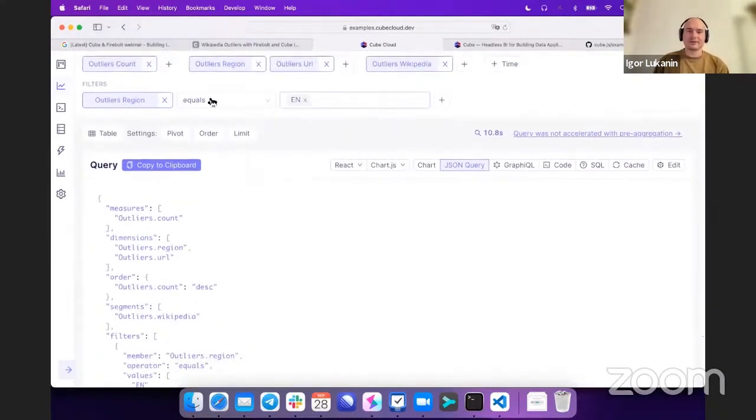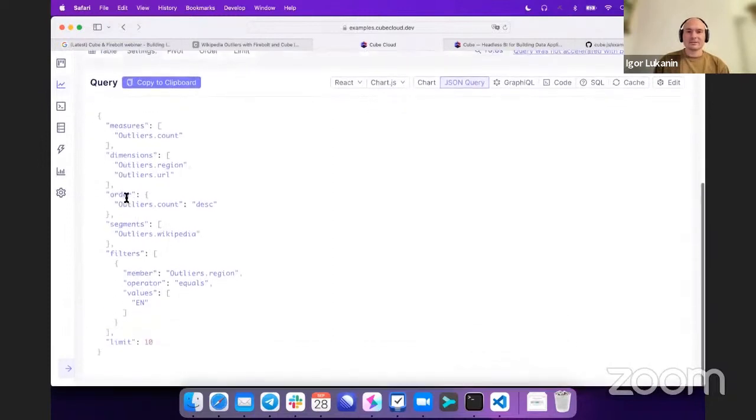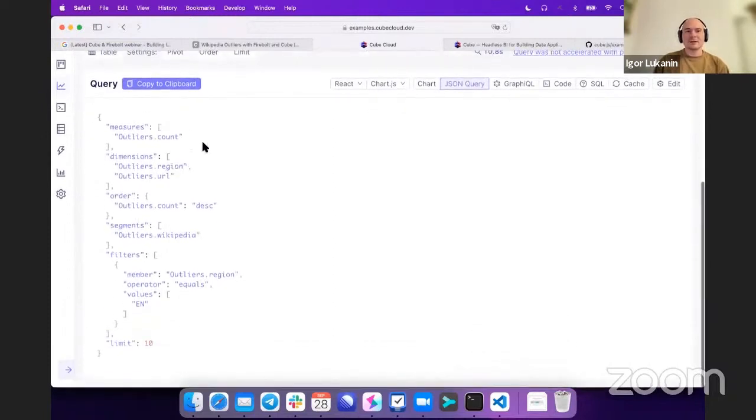By clicking things or typing things. So this is a JSON representation, and this is a representation that you might send to the REST API